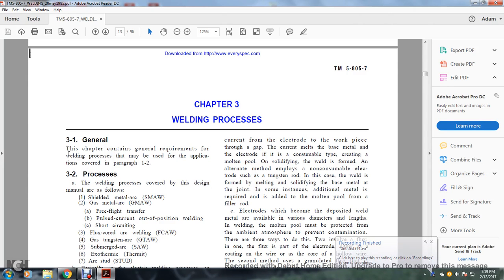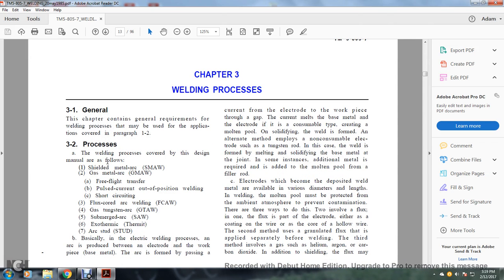Chapter 3, Welding Process. The chapter contains general requirements for the welding processes that may be used with the application covered in paragraph 1.2. The welding processes covered in the design manual